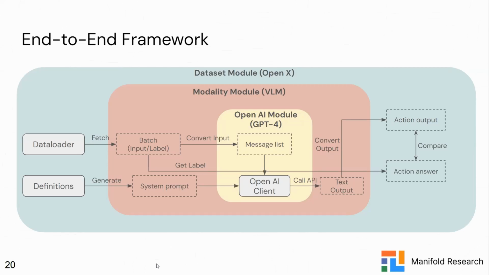Finally, the OpenAI model wraps up all of this information, the preprocessed input and instruction prompt, and calls the API to get access to the GPT-4o model. The model gives us a text output. Now the VLM model converts the output again, because we want a vector format action output. Finally, the OpenX model compares the output and label to calculate the accuracy. This framework can be extended to any other models by replacing the modality model or OpenAI model, and it will be improved over and over as the project progresses. Yes, I think that's everything from me.